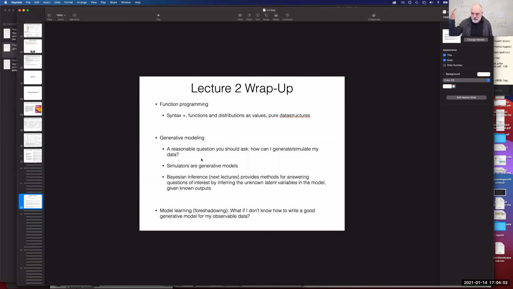And it's totally reasonable to ask and to think about what happens when you actually don't have a good generative model for the observable data, and how could you possibly learn such a thing. That sort of advanced probabilistic programming, we'll get to near the end of the term. So for now, we'll assume that we can write down a reasonable generative model, or we can put priors on it and integrate over uncertainty in the parameters,